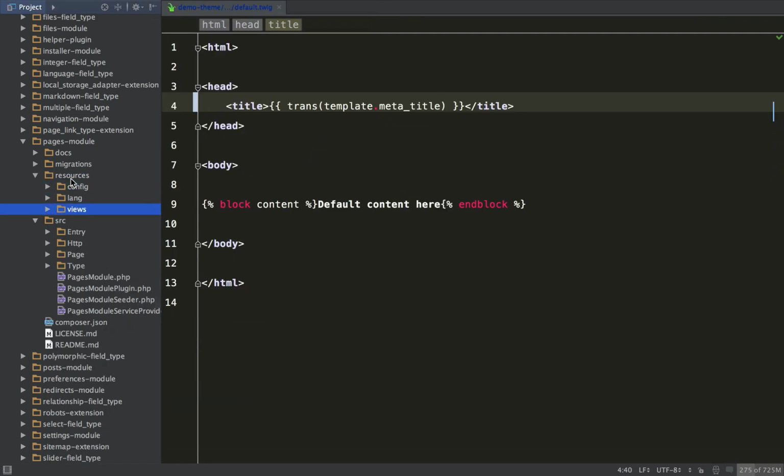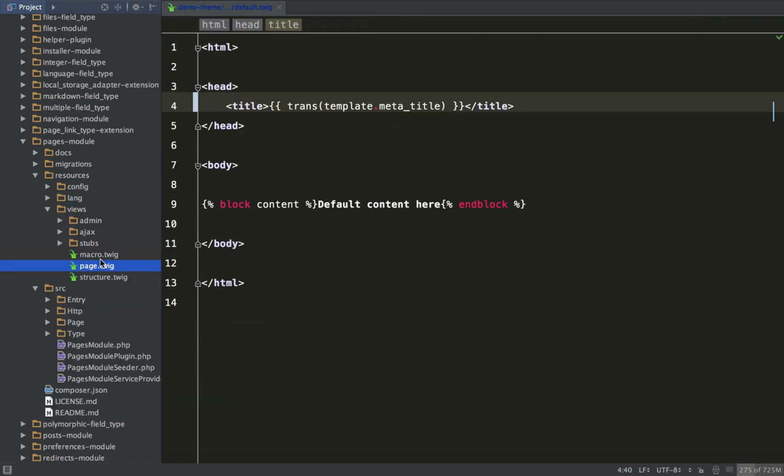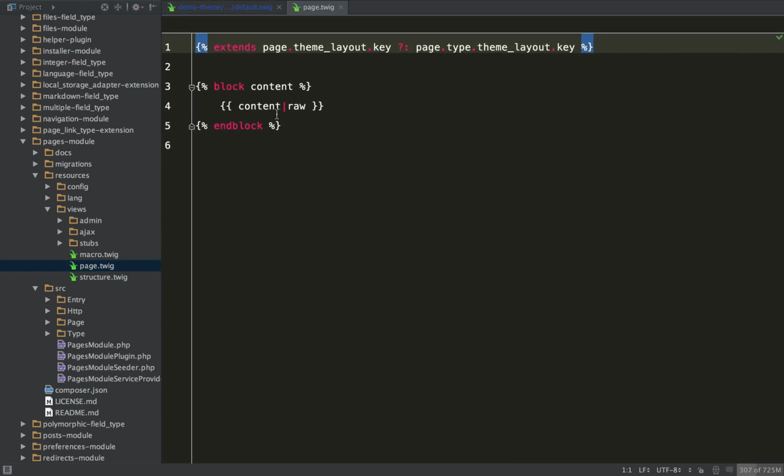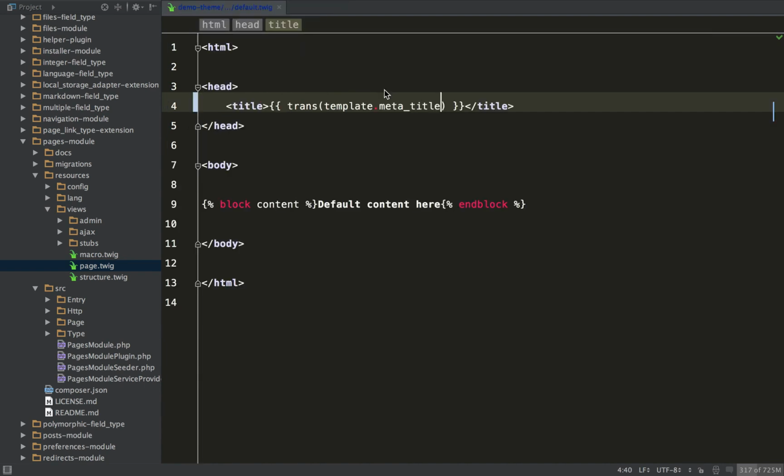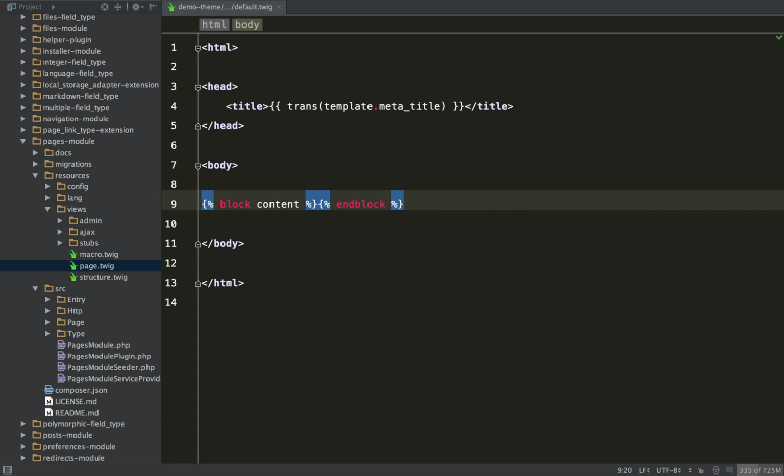Let's open up a view. So all of the content basically gets pushed into this for a page, and then we extend the page theme layout. So in this case, we're extending default because that's the default layout. But this is the overall behind the scenes of what's going on there, and I'll show you a little bit more how this works later. So let's just remove some of this stuff in here. So we've got our block, we've got our title, we're bringing in content from the CMS,